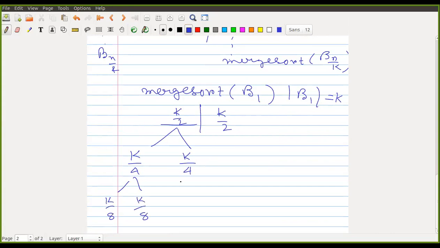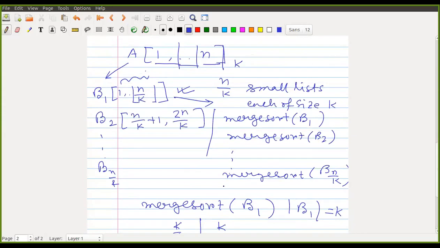Not exactly, I think, because it is k merge sort. But we have already divided the whole input into n by k arrays, and I'm currently sorting each k-element array individually.